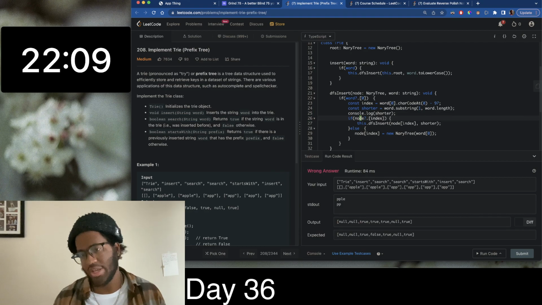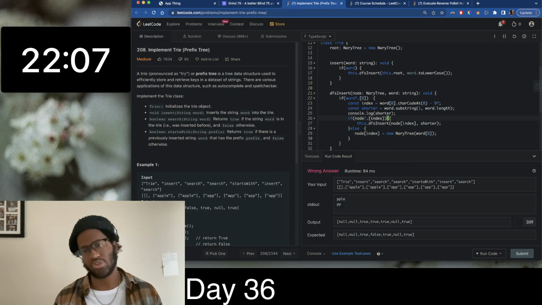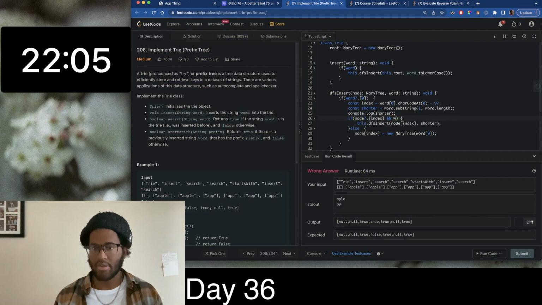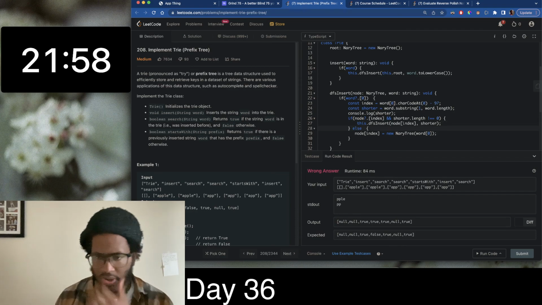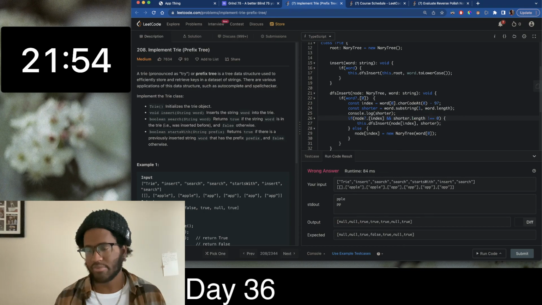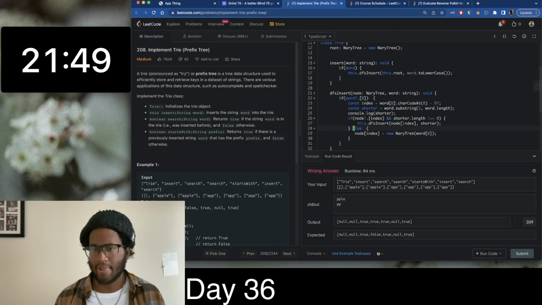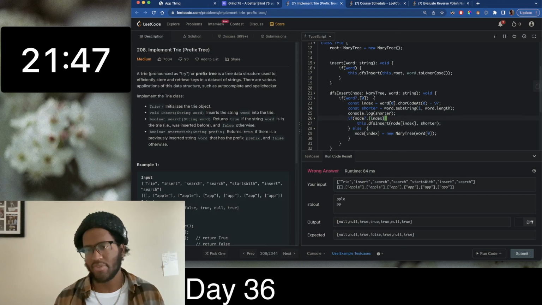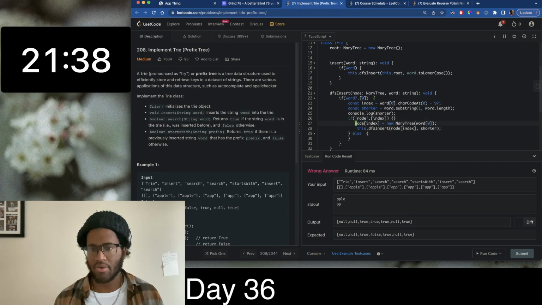So if the node exists, then we're going to depth first search. So if the node exists and shorter.length does not equal 0, right, then you want to recurse further. So basically if the node doesn't exist, right, we want to create it,